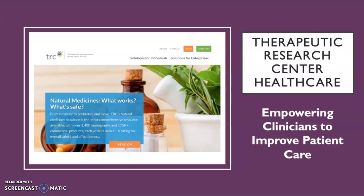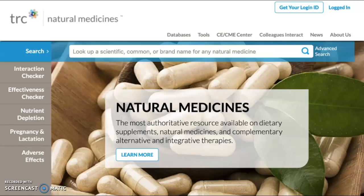Therapeutic Research Center, or TRC, is a leading provider of objective, evidence-based recommendations to physicians, pharmacists, medical personnel, and consumers. TRC Healthcare's Natural Medicines database is one of the most authoritative resources available on dietary supplements, natural medicines, and complementary